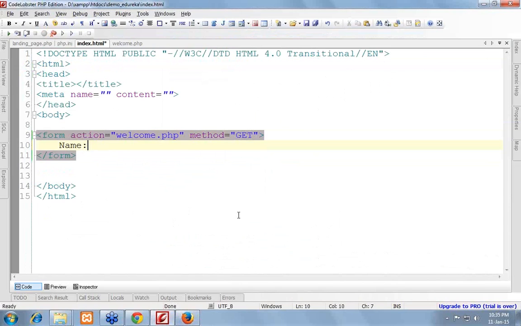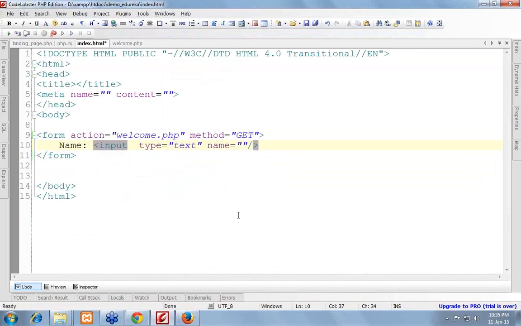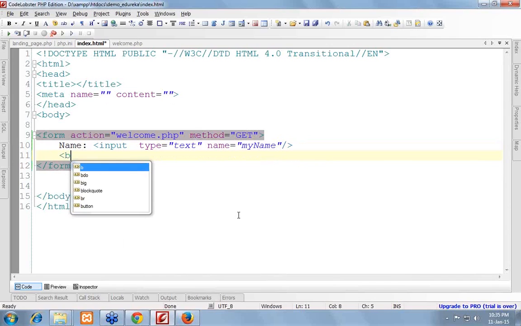So here I'm going to write name, input type would be text because it would be a text box. Then I will give a name to it, that will be my name, and we can also give an ID to it, but ID is not in our context right now, so we will leave it. Again on the next line I will simply give a break,